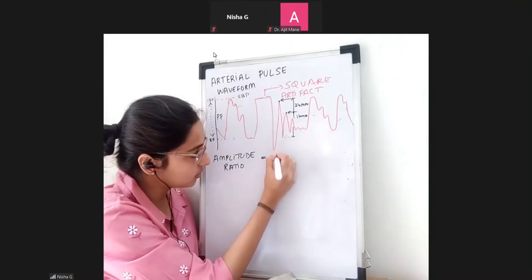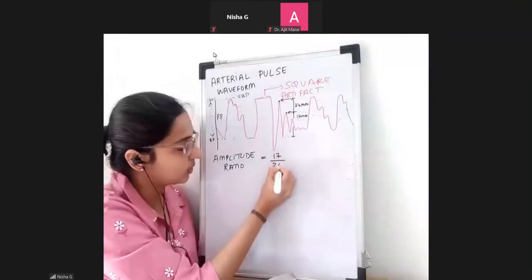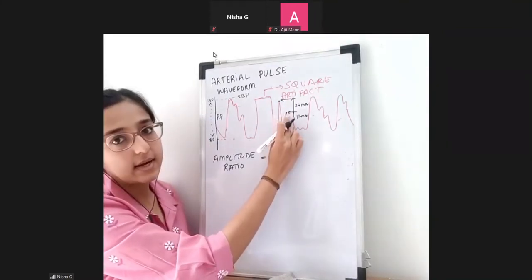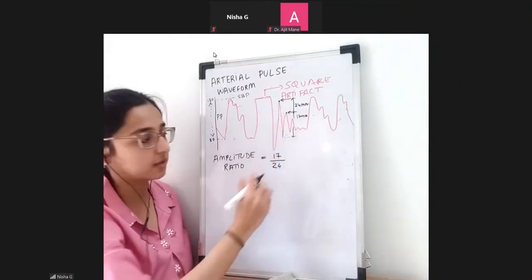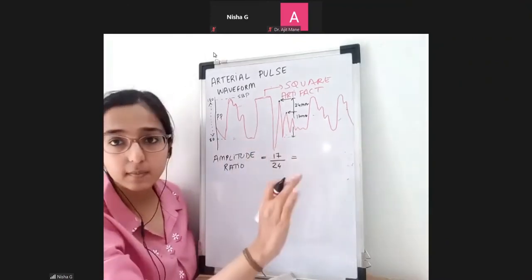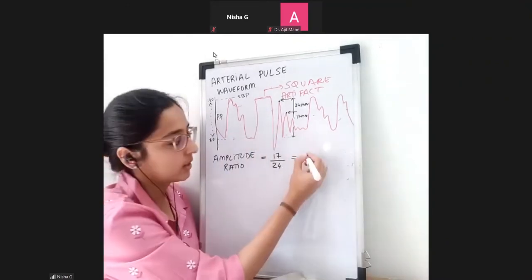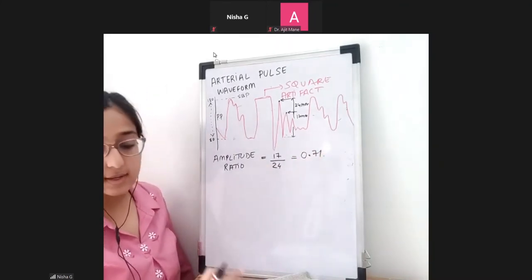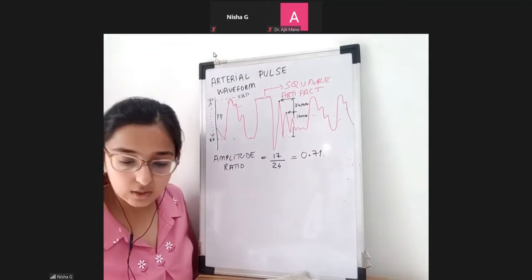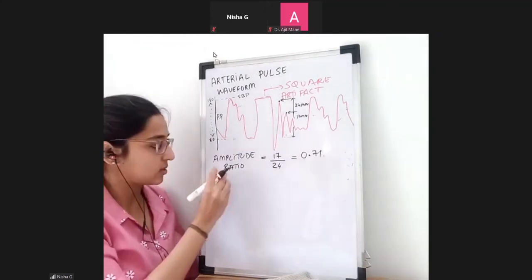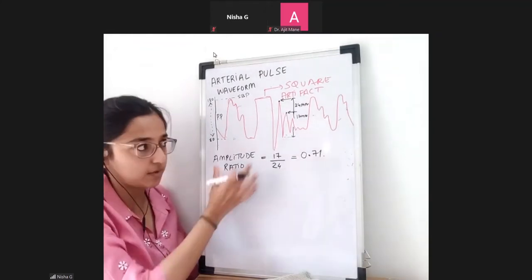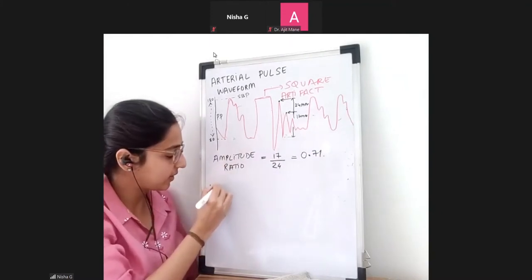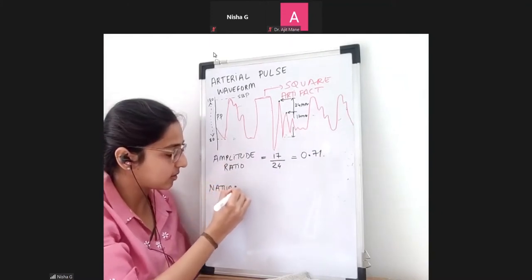So how will I do the ratio? I will do 17 upon 24, the second peak and the first peak. So second upon the first. This is an example from Miller's, already solved. So it comes to 0.71. Now, the other parameter which is understood from this is natural frequency. So this amplitude ratio is one value which we have derived. There is another value that we will derive, which is known as the natural frequency.